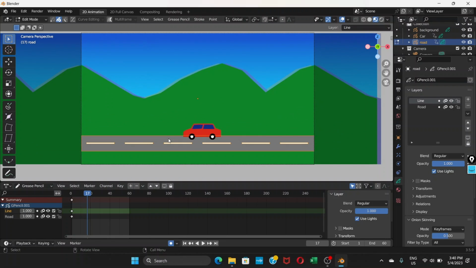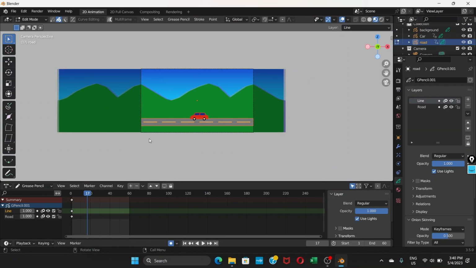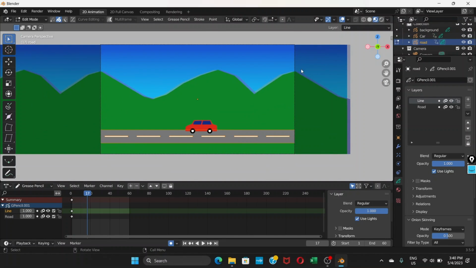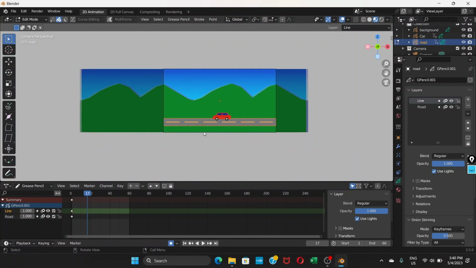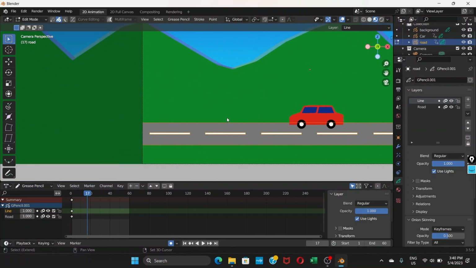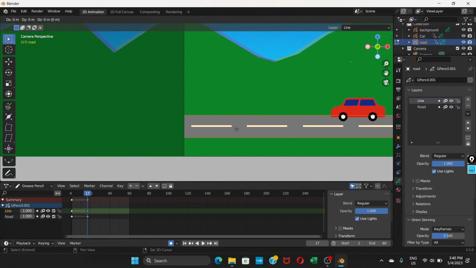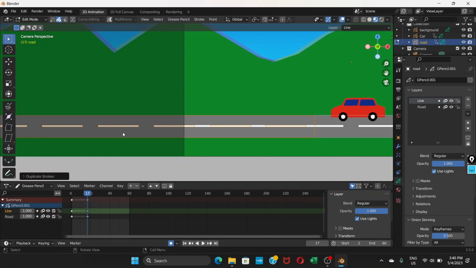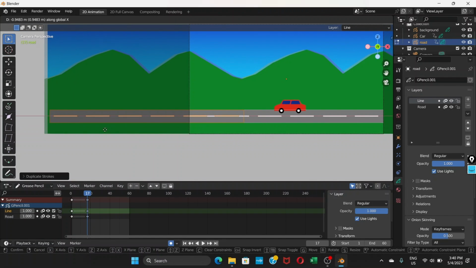Now if you press A, just the road is selected, because now we are on road. Don't forget, first go to object mode, select the road, and then come to edit mode. Now same here, Shift D and X, G, X,